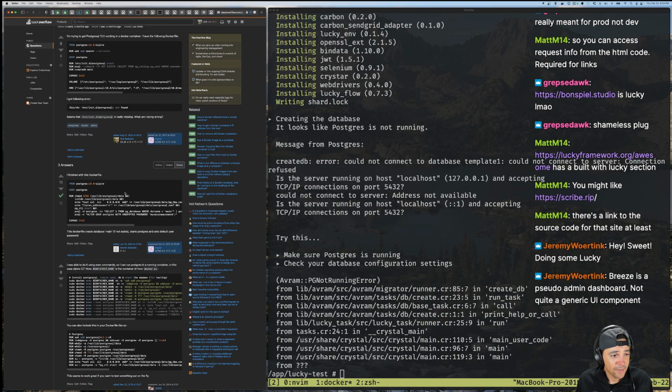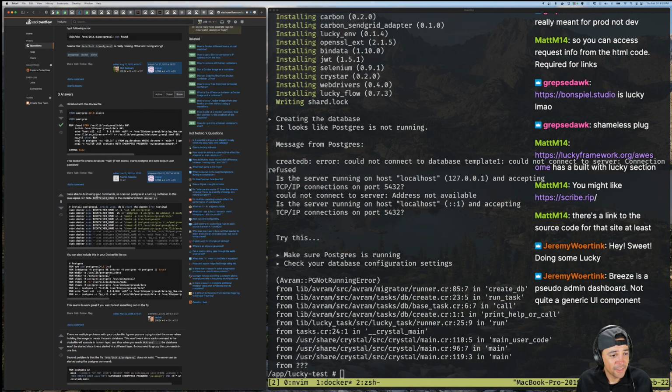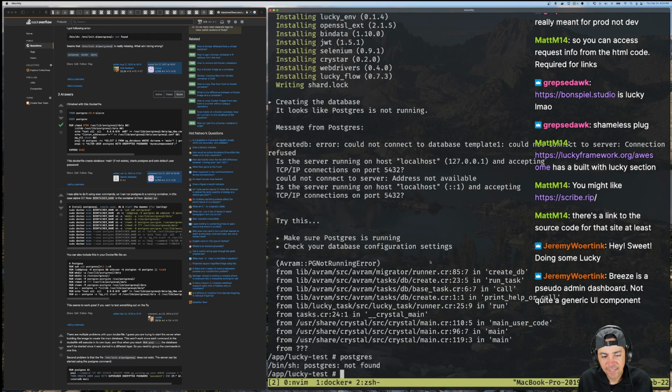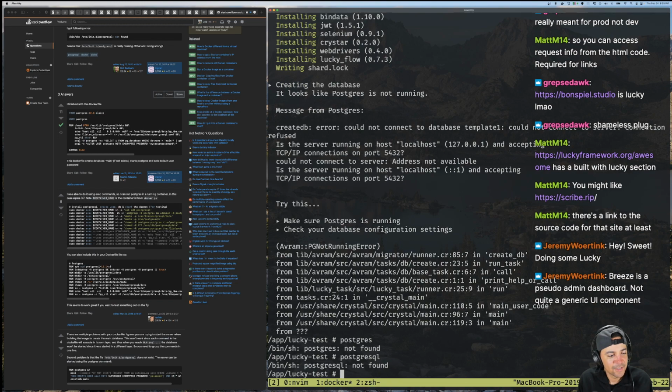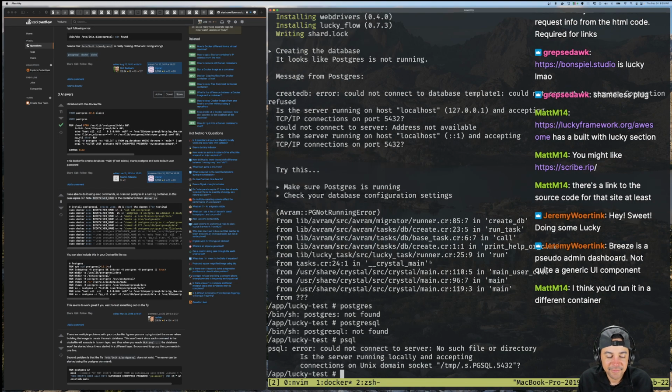How to run in a Docker. Okay, so from blah blah blah blah. That's not a thing. Wait, don't I have Postgres already? apk, don't I, Postgres. Is that another thing? PostgreSQL? Oh, psql. Oh, well, there it is. apk add.